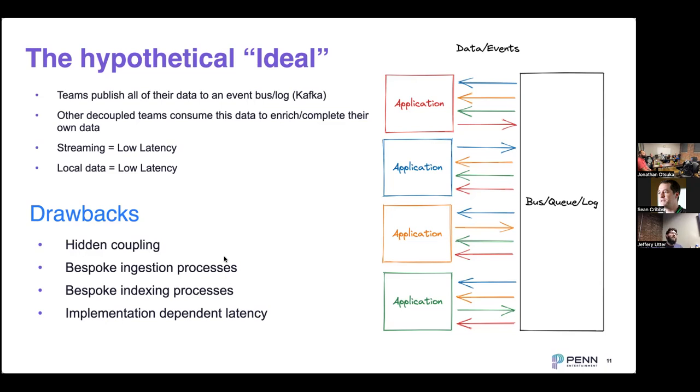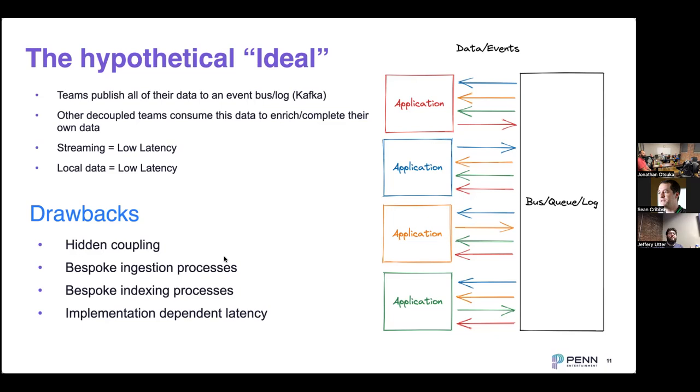And then also each team has to come up with a bespoke ingestion process, right? Each team has to decide, well, what library are we going to use to connect to Kafka, and how are we going to ingest that data, and how do we write it to our database? And I don't know, how do we optimize our database and make sure it's right-sized and all those good things. And then they also have to figure out how to index it, right? What indexes do we need on this table to get the fields we need? How do we join it with our existing data sets? And